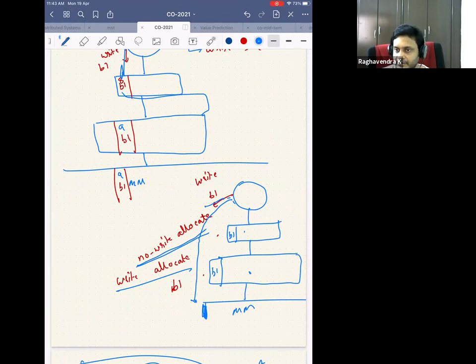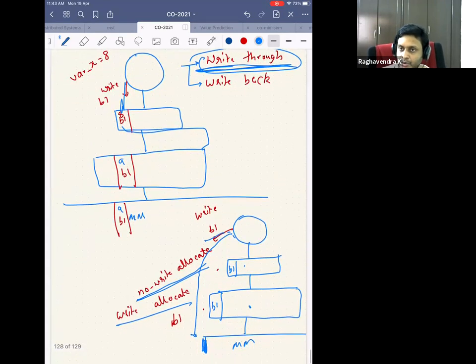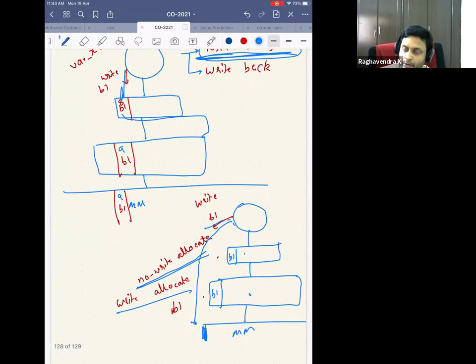Is this clear? Okay, something here might not be clear, that's why I'm not putting up the poll. It's okay if it is not clear, but the idea is that there is something called a write-through and a write-back cache. There is also the no-write-allocate policy and the write-allocate policy. If you pick a write-through cache, you pick a no-write-allocate policy. If you pick a write-back cache, you pick a write-allocate policy, because it makes logical sense.